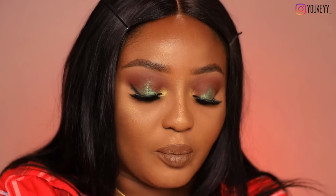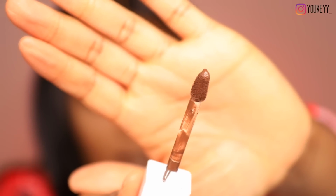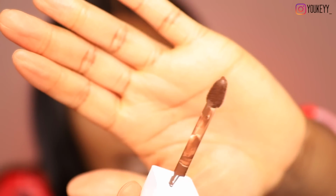So here is what we are working with. The applicator kind of had me feeling a little bit confused because I was expecting product to be all over it, but it's not. I dipped it back in and you can see that the product only comes up on the very tip of the applicator. Oh my gosh. This lipstick got me feeling all kinds of,